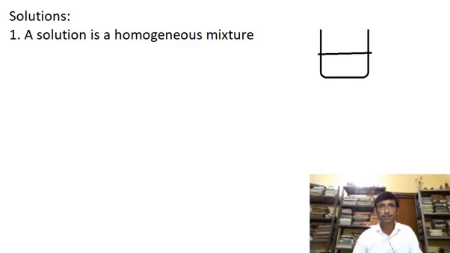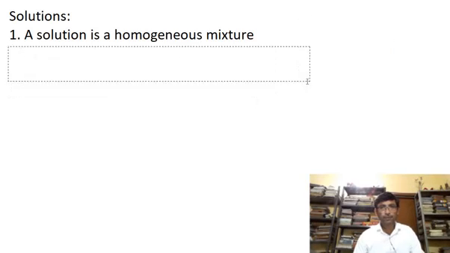That we have seen in the last video, that if we have a mixture, and we take some part of the mixture from any place inside the mixture, we'll find that the constituents of each of these parts will be in the same ratio. That is a homogeneous mixture, and a solution is such a kind of mixture. The second property of solutions is